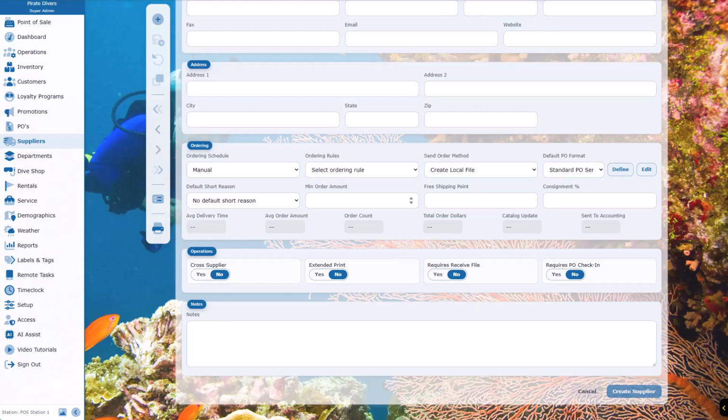Default Short Reasons supplies the usual explanation when a received quantity is below the purchase order quantity. Leave it blank when shortages should be reviewed individually, or select a consistent reason when the vendor has a predictable receiving workflow. Min order amount records the purchase threshold required by the supplier. Free shipping point records the order value needed to avoid freight charges. These values let a buyer compare the immediate need against the financial benefit of completing a minimum or reaching free